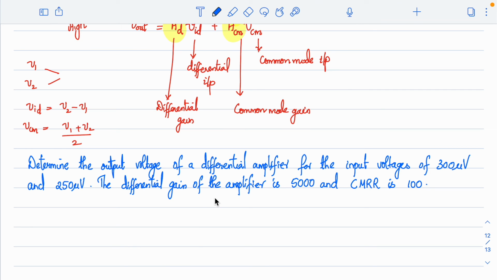Common mode rejection ratio can be defined as the ratio of differential gain to the common mode gain. So can you tell me what is the expected common mode rejection ratio, the value? In the general, ideal case, if your common mode gain is 0, the common mode rejection ratio should be infinity. So practically for all the cases, what we look for is a high differential gain, low common mode gain, and a very high common mode rejection ratio, right?